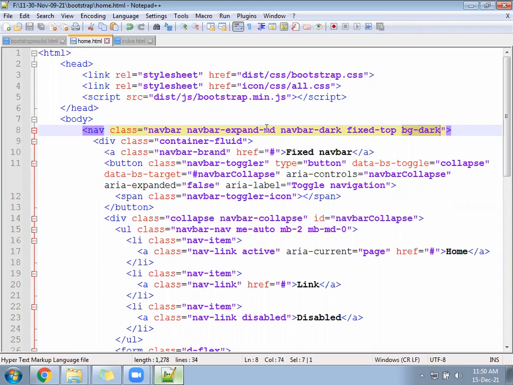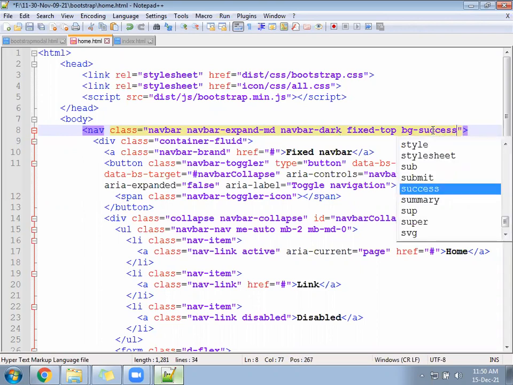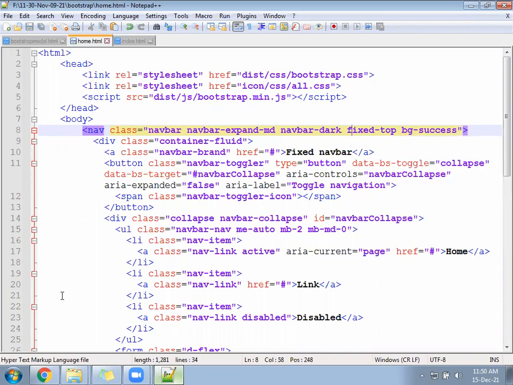So hope it is working. Which color did you change? So I changed to green color.